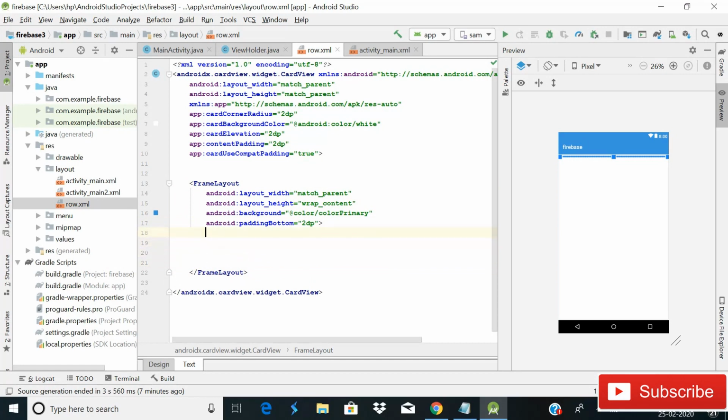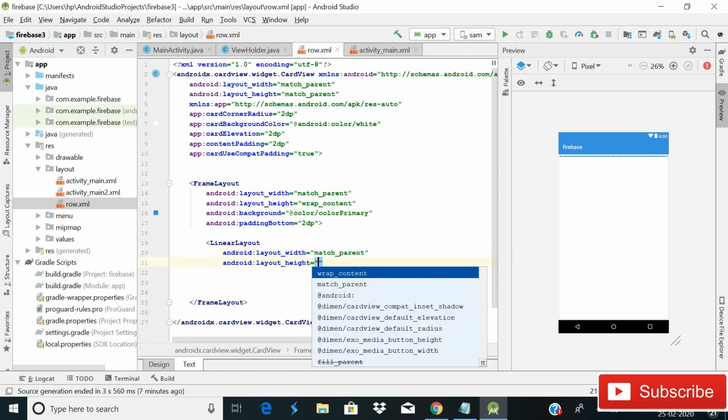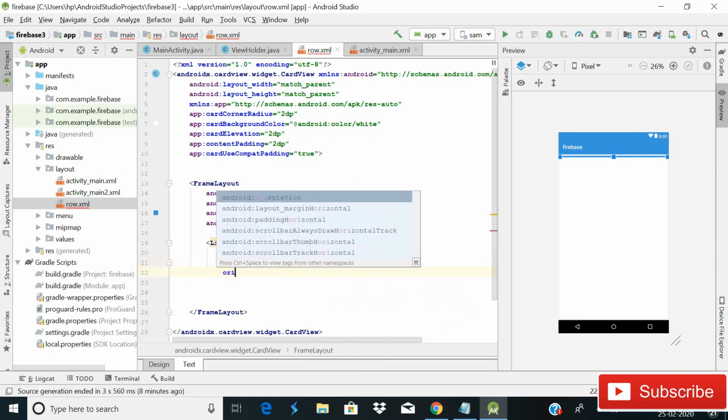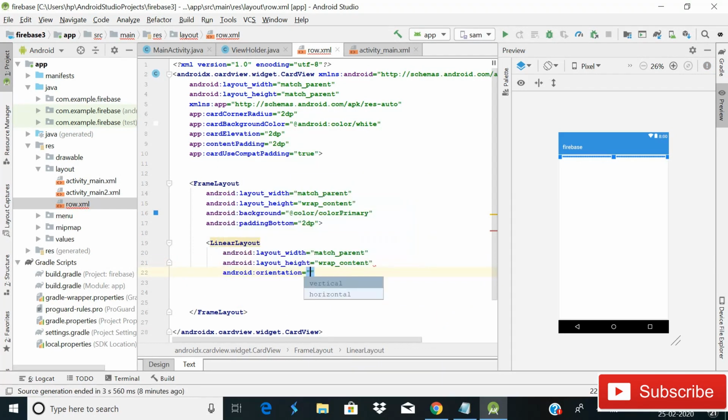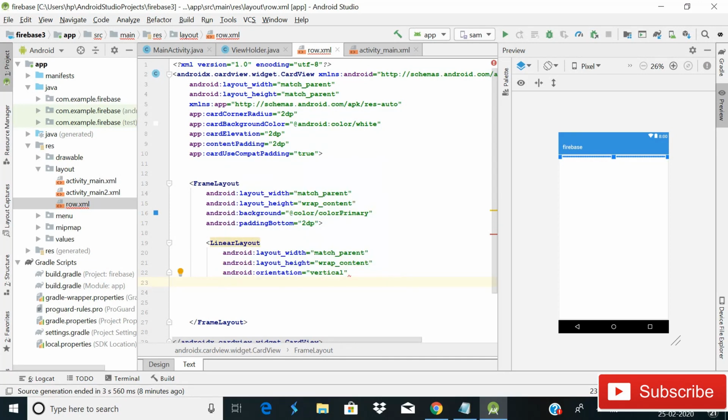Inside this FrameLayout, we will use another LinearLayout with width match parent, height wrap content, and orientation vertical, and padding. I don't think we need this.